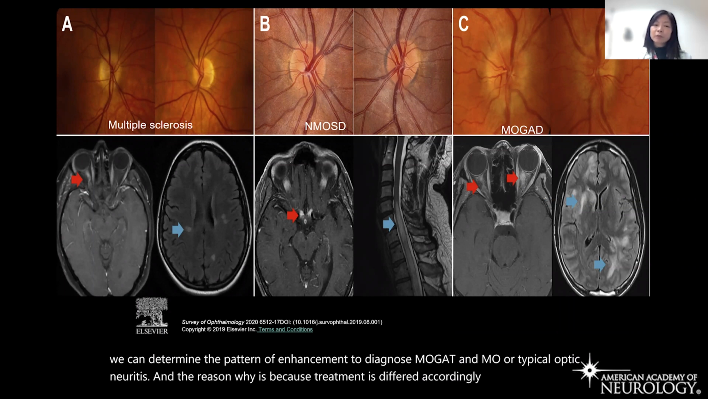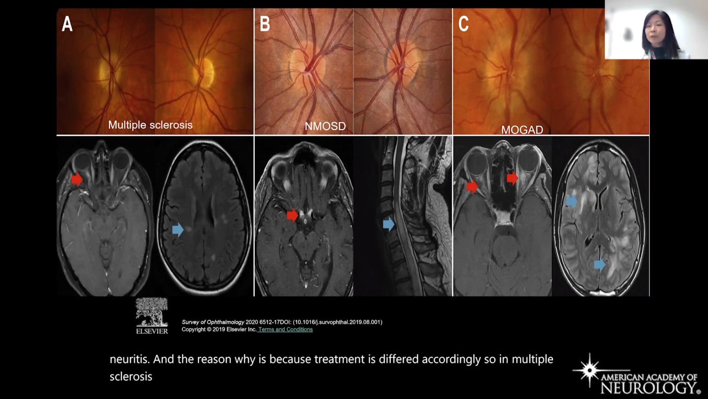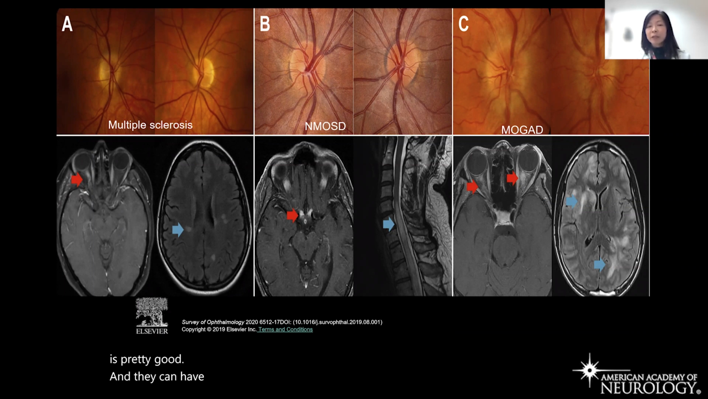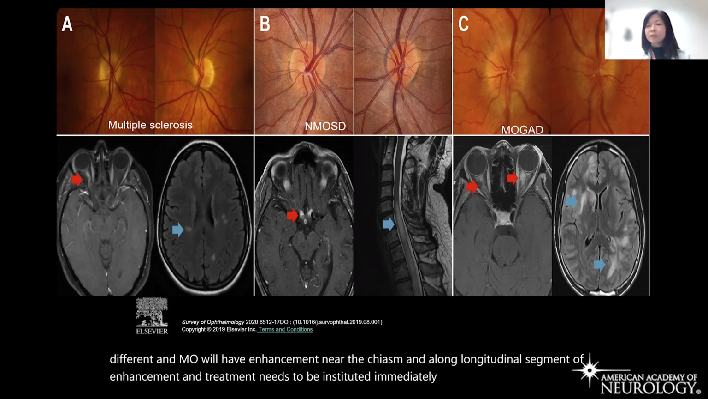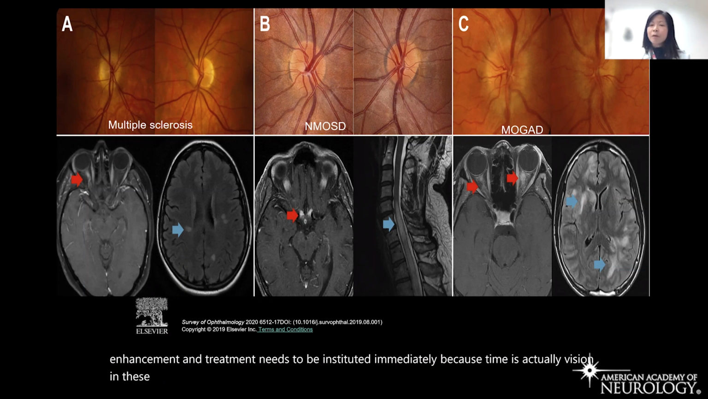So in multiple sclerosis, you tend to have optic neuritis as a short segment of enhancement, and the recovery is pretty good, and they can have spontaneous recovery. However, in NMO and MOGAD, the pattern is different. NMO will have enhancement near the chiasm and a longitudinal segment of enhancement, and treatment needs to be instituted immediately because time is actually vision in these patients. And in MOGAD,